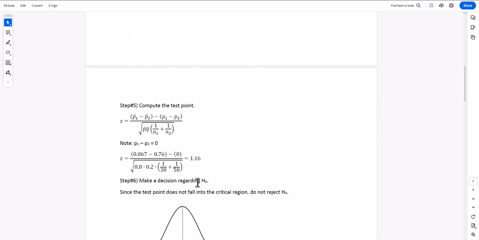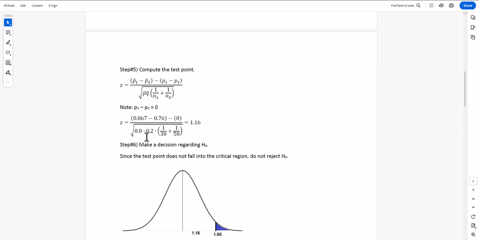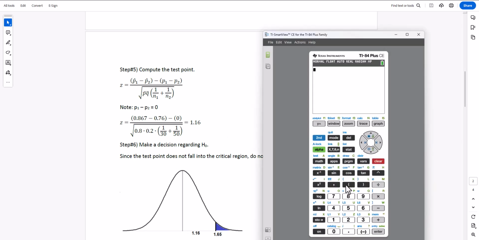And now we're ready to calculate the test point. We have the difference in the sample proportions minus the difference in the population proportions, which is 0, divided by the standard error. We plug that information into the calculator. Let's key it in. So we have 0.867 minus 0.76, close the parentheses, divided by the square root, and I keep everything in the square root, so 0.8 times 0.2